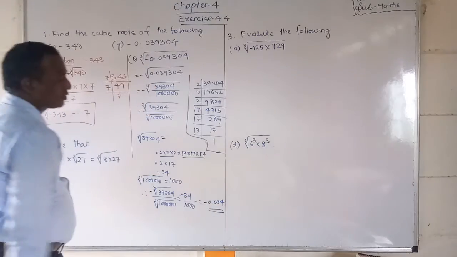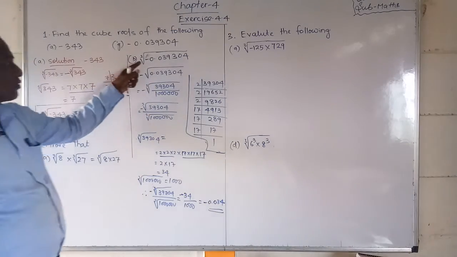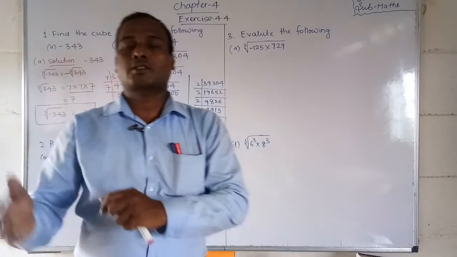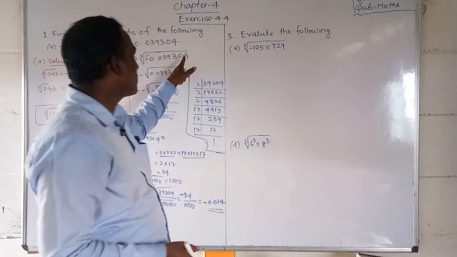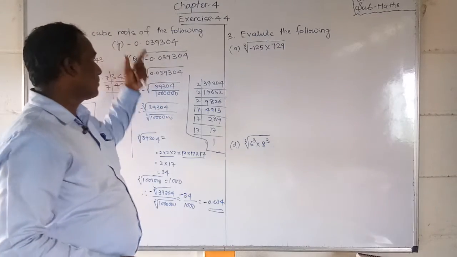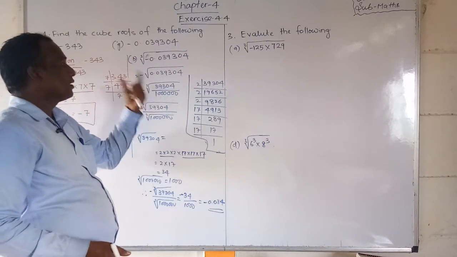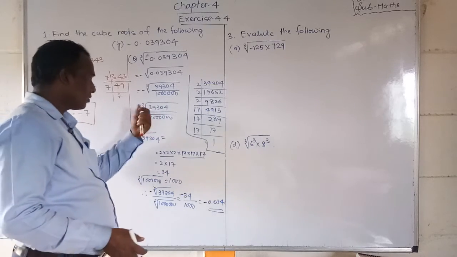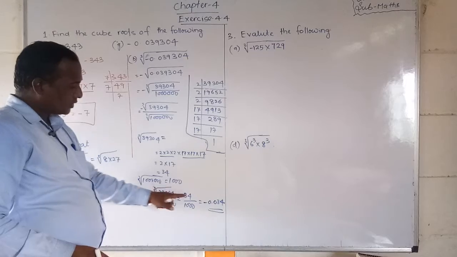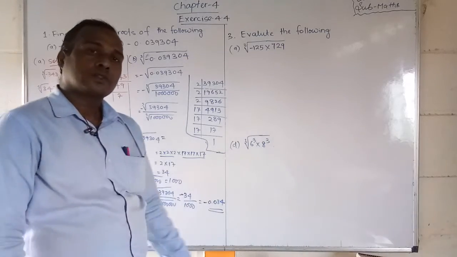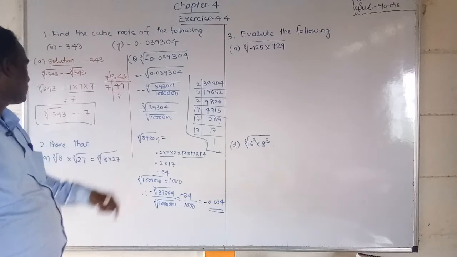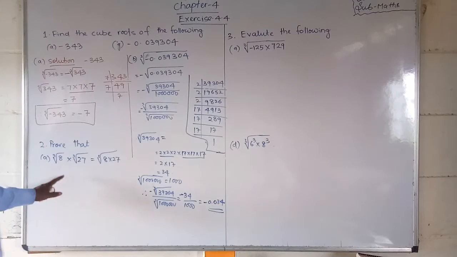This is our answer. Okay students, first of all, whatever negative sign there is, you have to take it out and put it in the result. After that it becomes positive. Then make the decimal number a fraction, a rational number, and find the cube root of the numerator and denominator individually, then put the result together and solve. This is the same way you can complete the first bit. Okay students, now the second bit, I have already given here.